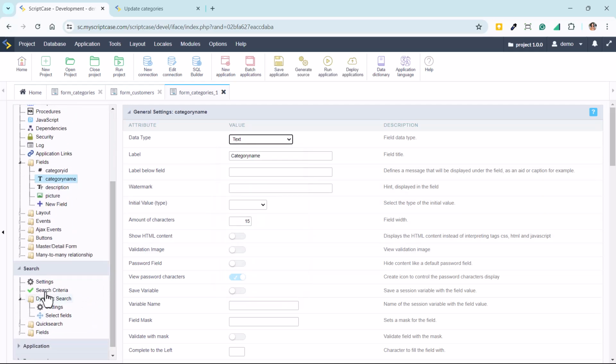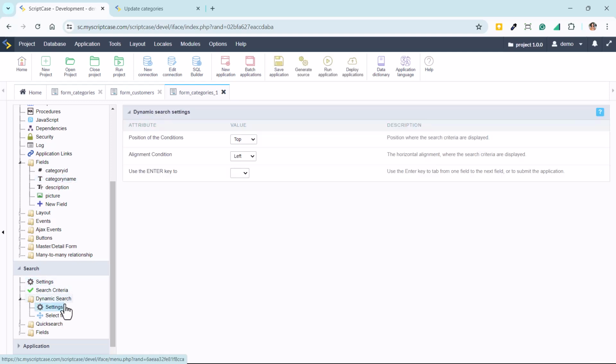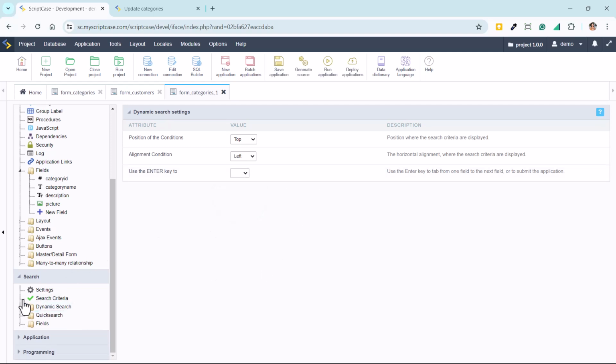Okay, so you have here the options, settings and search criteria. Then you have the settings inside the dynamic search, where you can set the position of the conditions and alignment of the condition. You can also set the option for the key enter if you're going to use it to tab or not. Okay, so let's now learn more about the quick search.